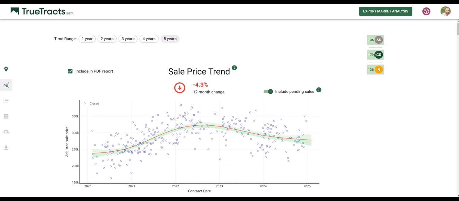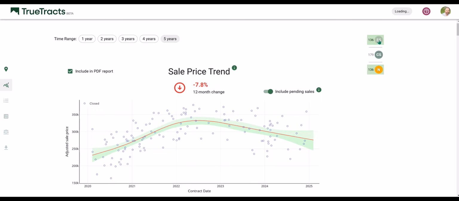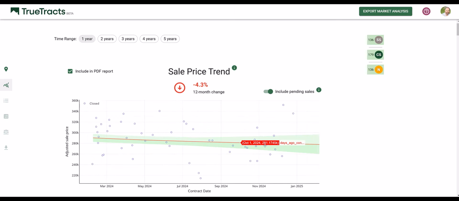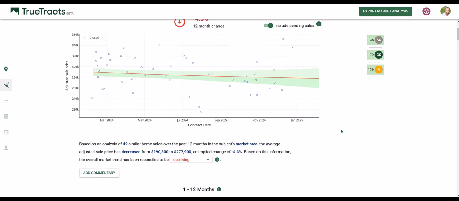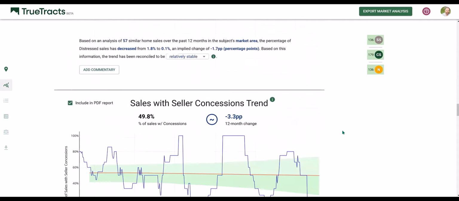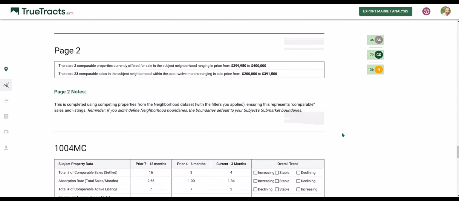Okay, and so I have both clusters turned on. We can turn one of them off if we want, and we can just focus on the subject submarket. But I think you can see the level of green. When we turn that on, it gets a little bit thinner. The model is more certain about what's going on. And so the market is pretty clearly down over the last couple of years. If we zoom in on that 1 year, that's what that looks like. And then all of these, you can scroll through those. We've talked about all of these before. Let's come down here and look at